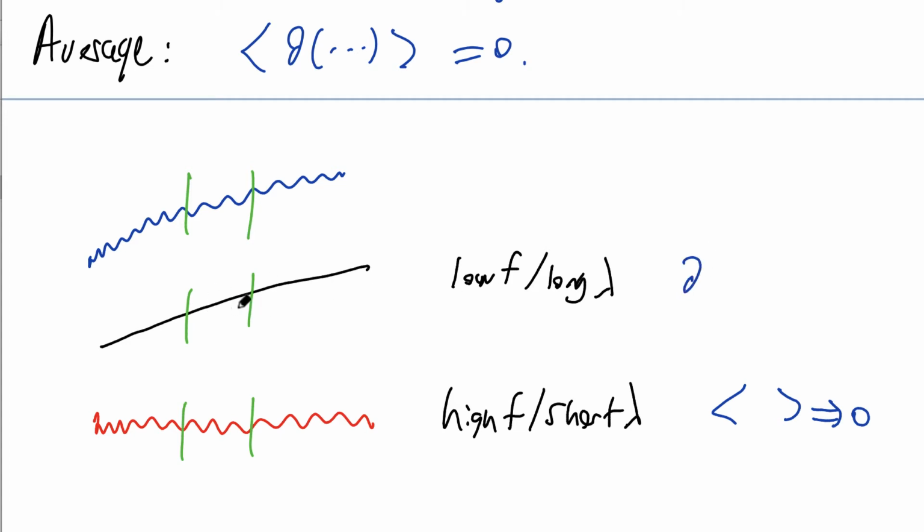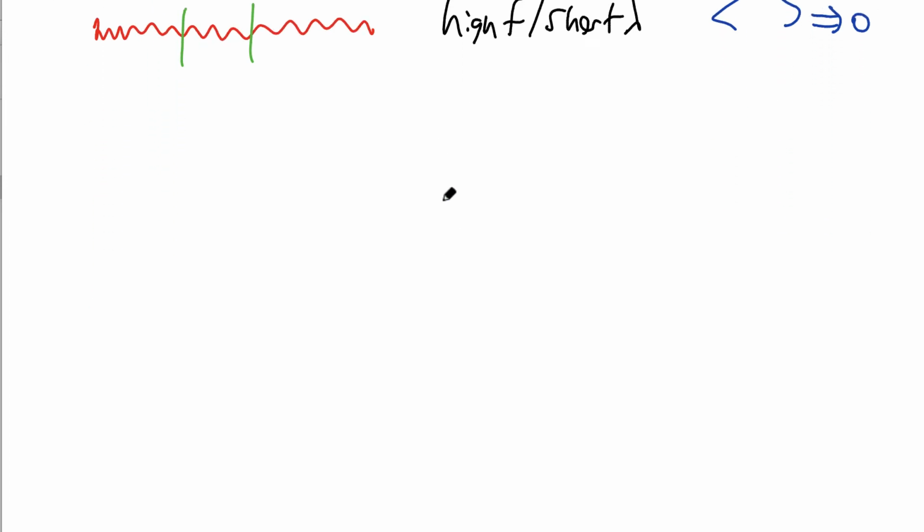Remember, this window is very short compared to the long wavelength, so the function, the dot dot dot here, is approximately constant. And the derivative of a constant is 0. So you can see from this argument that both the low and high frequency parts of a total derivative will average to 0. So when we extract the low frequency long wavelength part of G^Q,